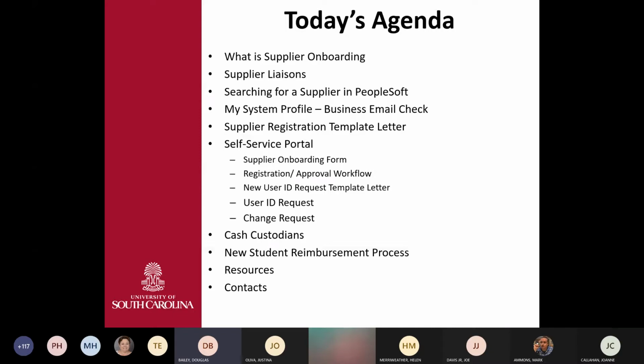As far as our agenda today, we're going to talk a little bit about what supplier onboarding is. We're going to talk about your role as the supplier liaison. We're going to show you how to search for a supplier in PeopleSoft, and how to ensure you have the correct email address in Finance PeopleSoft. We're going to go over the supplier registration template letter, which is the letter that you'll send to any of your new suppliers that are not currently in the system,